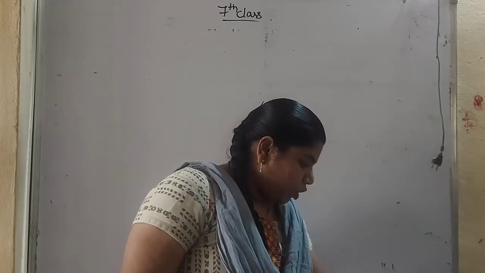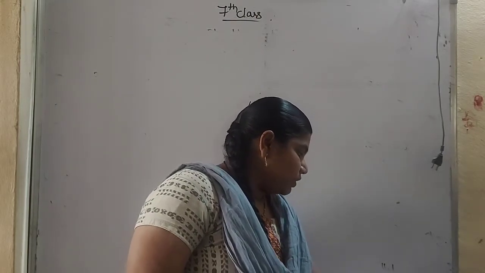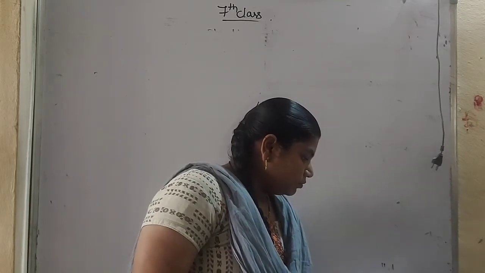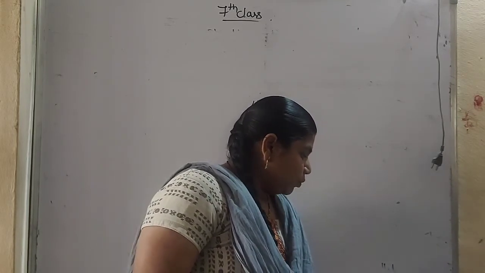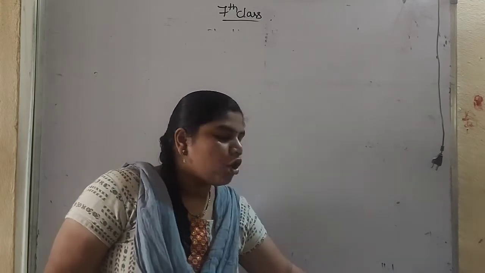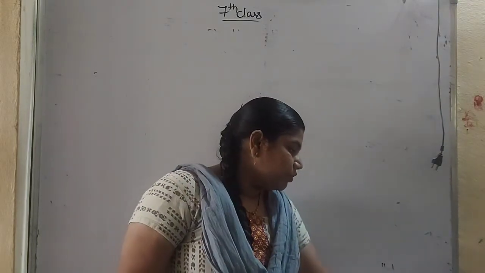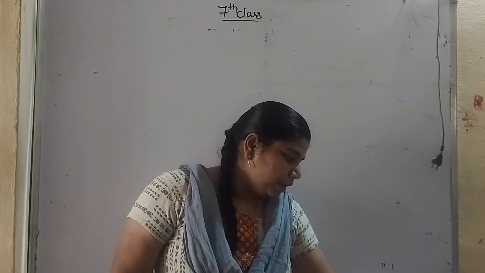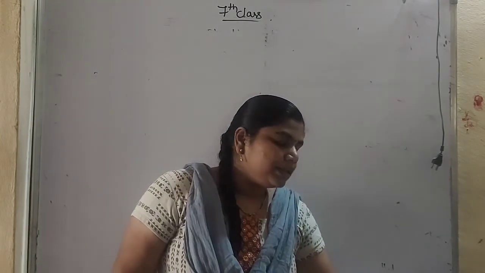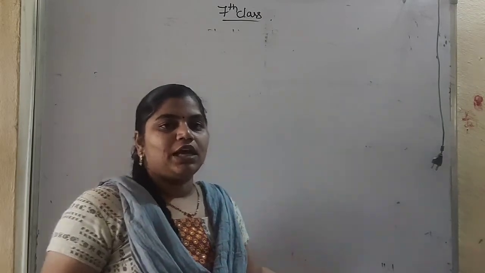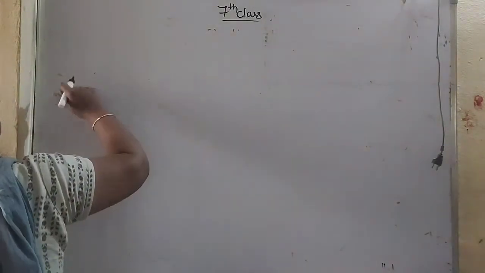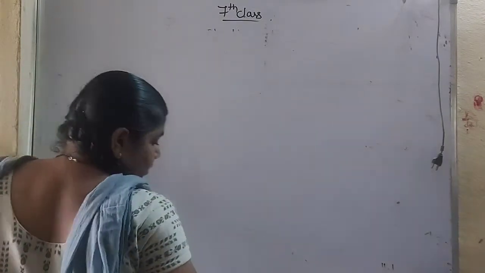So how to check that? By the properties of parallelogram we can check this. By the properties of parallelogram, we know that opposite sides will be equal. So what are the properties here? In a parallelogram, opposite angles will be equal. So here one angle they have given as 70 and one angle they have given as 65. So how the figure will be formed, we will see.